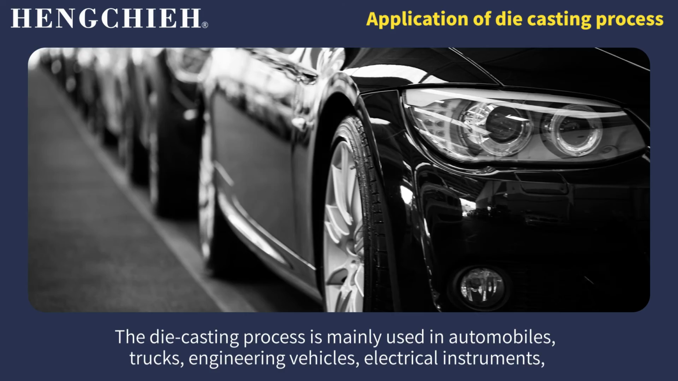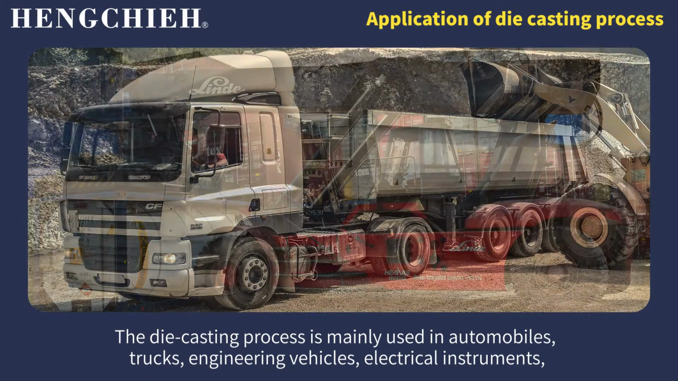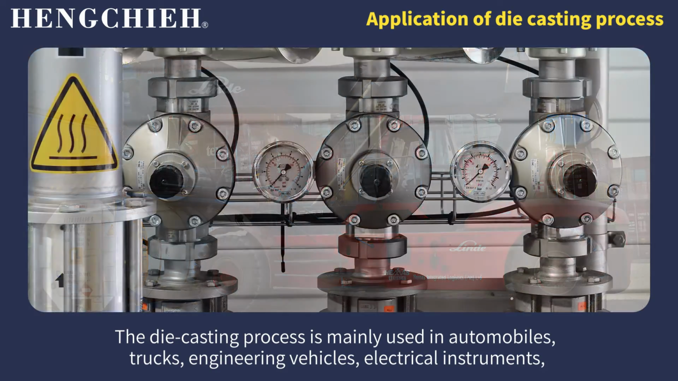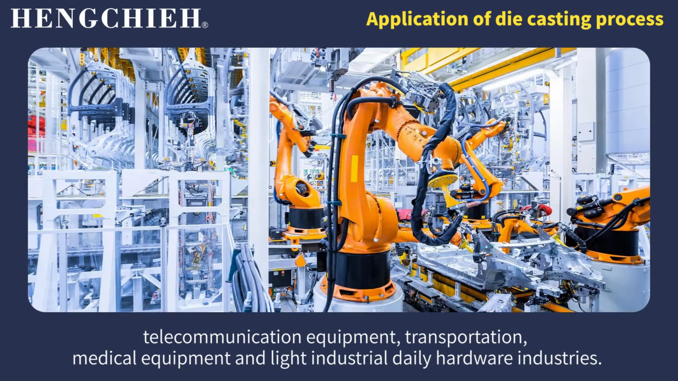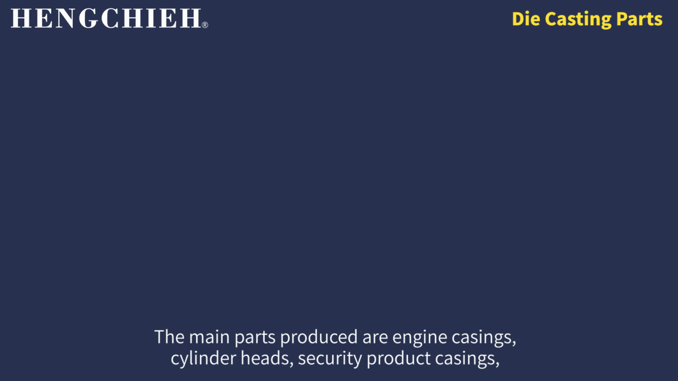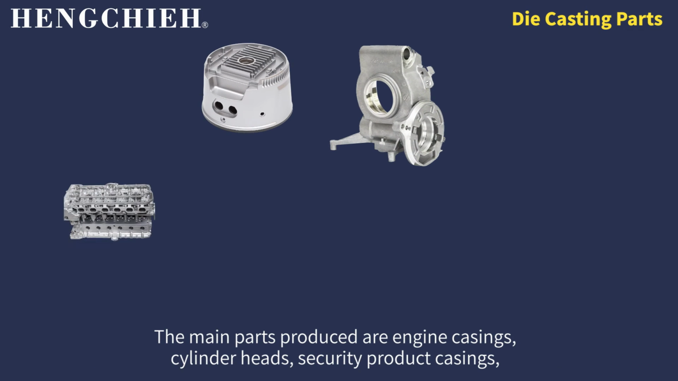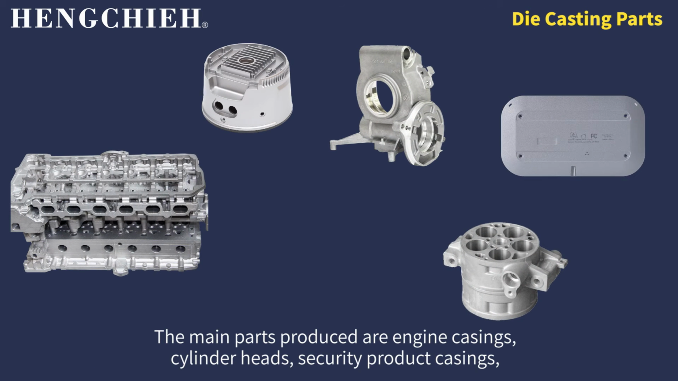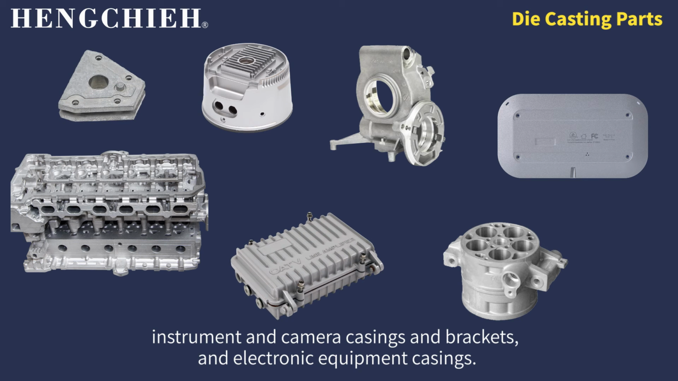The die casting process is mainly used in automobiles, trucks, engineering vehicles, electrical instruments, telecommunication equipment, transportation, medical equipment and light industrial daily hardware industries. The main parts produced are engine casings, cylinder heads, security product casings, instrument and camera casings and brackets, and electronic